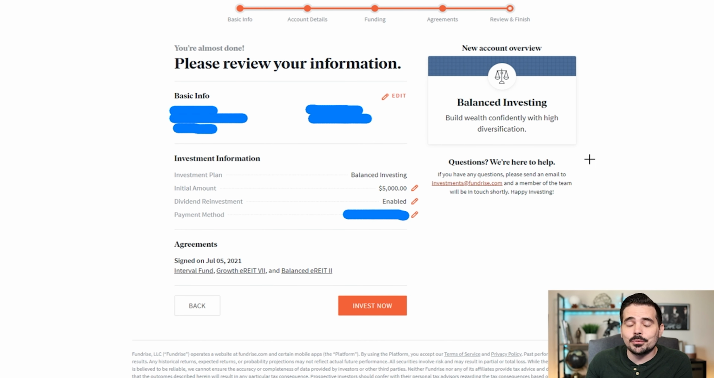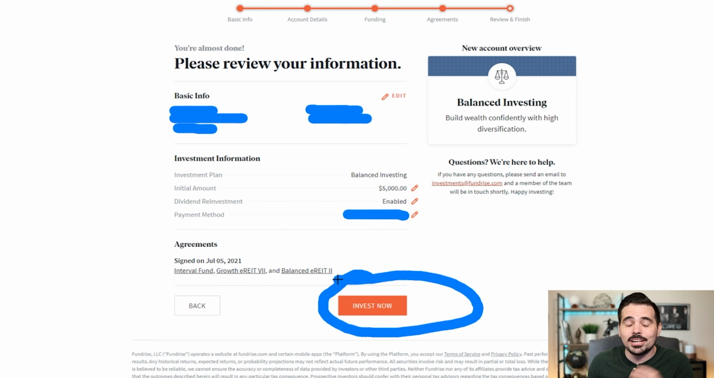So in the next screen right over here, it's going to have you review all your information, making sure everything looks correct, as well as making sure you have the correct style of investing that you want. If everything is looking great, you can click on the invest now button, and you are going to get started